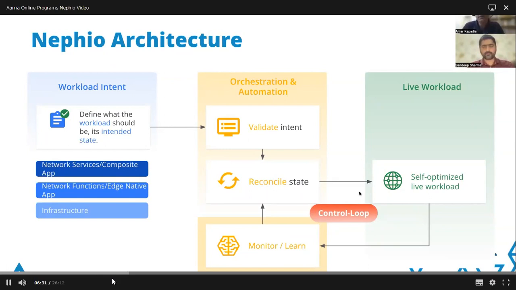Then, based on the intent, the orchestration happens, you validate the intent, and then you deploy it, and that goes into a control loop where you are constantly monitoring the application and then reconciling the state. So this makes sure that there is no configuration drift. And it's also useful for day one, day two configuration, where you can change your intent and it's automatically reflected on the workload.